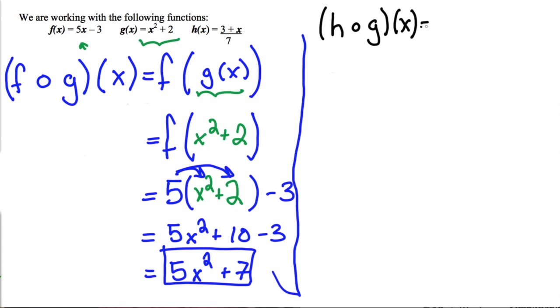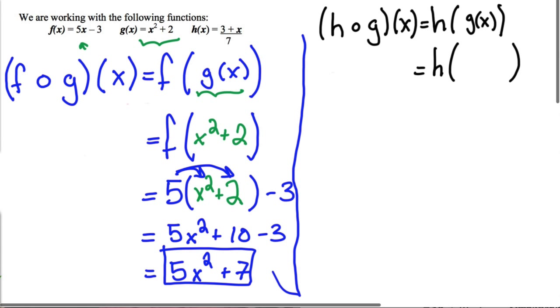Now this is the same thing as we did earlier. We're plugging g inside of h now. So this is now going to be h of g of x. And just like we did in the previous problem, we're going to replace g of x with what g of x is equal to. G of x is equal to x squared plus 2. And so since h of x is 3 plus x over 7, well then now h of x is going